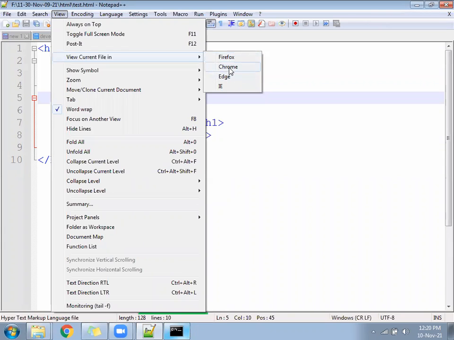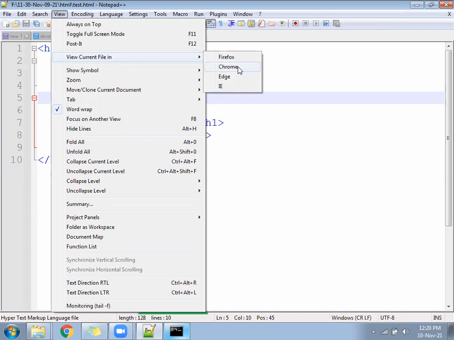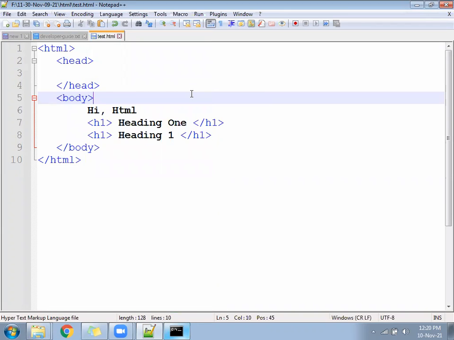So if I select Chrome, under the View menu we have the option View current file in. Whichever browser you have in the system, select that, and this page will open in the browser and something will appear. That is one option. From the View menu we can run.